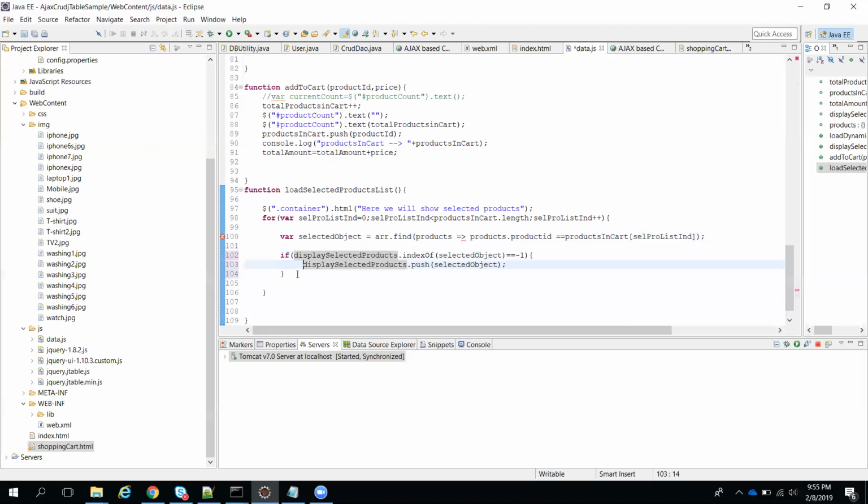So else, what we can do is, in the else condition, that means the element already exists, increment the count and push into that array. Based on product id, we can maintain one more property called count for that particular product.